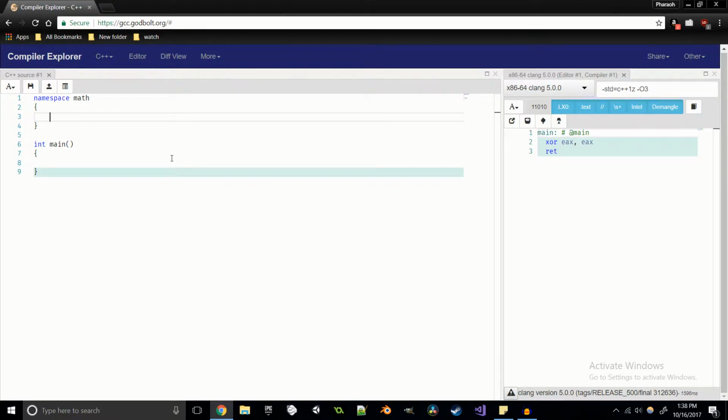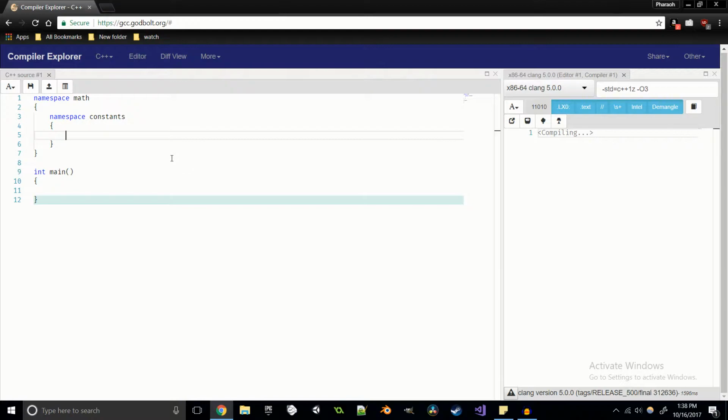But I'm also going to want to have constants. Maybe I want to keep my constants separated from everything else. So I'm going to say namespace constants. And this is where I'm going to hold my values like pi, e, the acceleration of gravity, just different constants like that. So here, I'm going to go with a constexpr double pi and